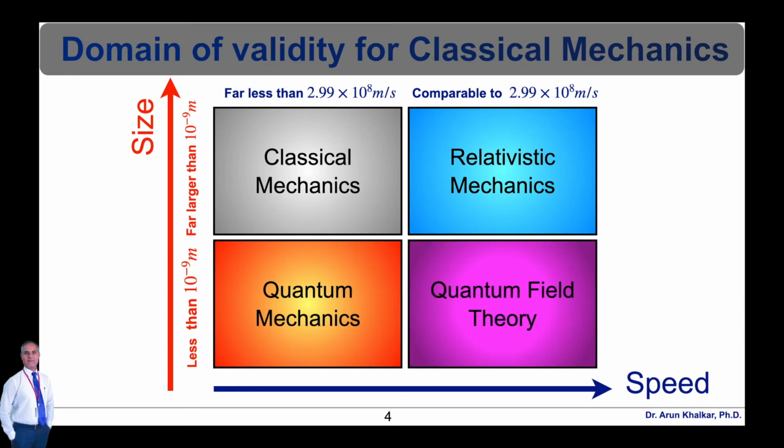QFT deals with the small distances and large speeds with many degrees of freedom as well as the possibility of any change in the number of particles throughout the interactions. When treating large degrees of freedom at the macroscopic level, statistical mechanics becomes useful. Statistical mechanics describes the behavior of large but countable numbers of particles and their interactions as a whole at the macroscopic level. Statistical mechanics is mainly used in thermodynamics for systems that lie outside the bounds of the assumptions of